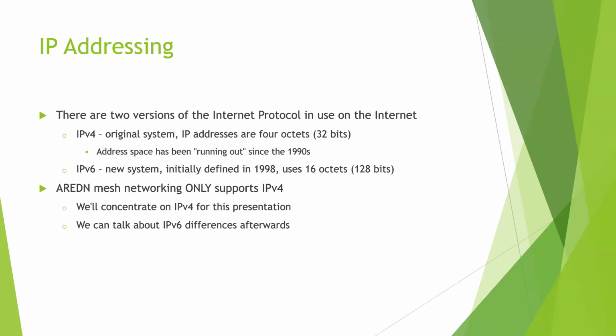The problem is 32 bits only gives you 4 billion total nodes. And the way that it's divided up, we'll talk about how it's divided up in a minute, we've actually been running out. In fact, we're actually completely out at this point. Different organizations own blocks of addresses, blocks of address space. And so there's a lot of juggling and reselling of address space that happens among the big players. But yeah, every block is assigned at this stage.